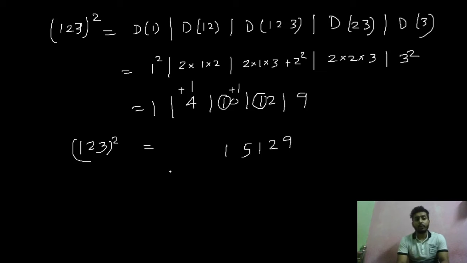So this is the way we can find the square of any type of numbers, any numbers containing 2 digits, 3 digits, or 4 digits, or more than 4 digits. This is a very easy way. The formula may seem larger or bigger, but it is a very easy way and the answer will be correct.